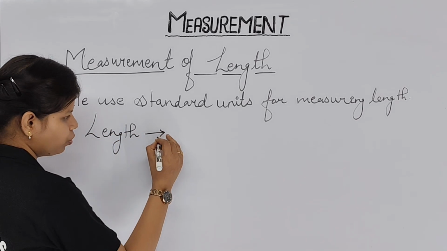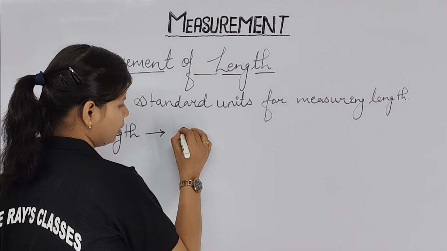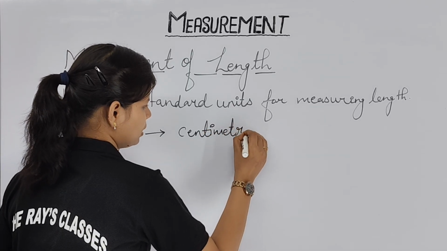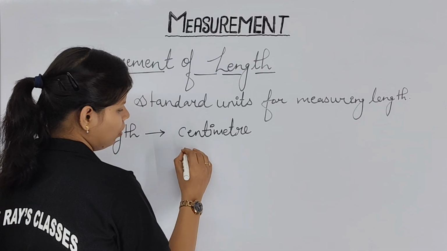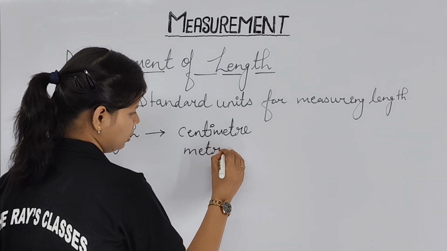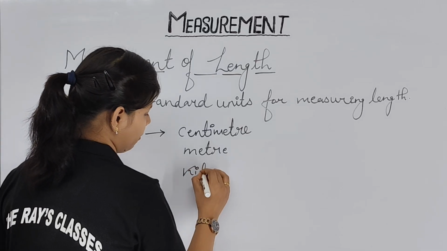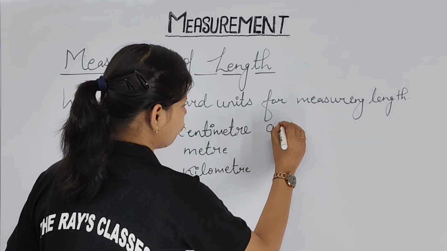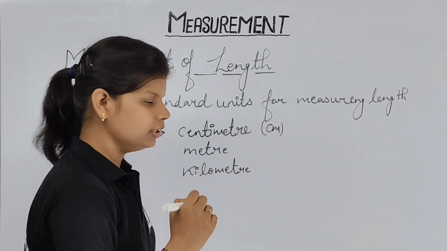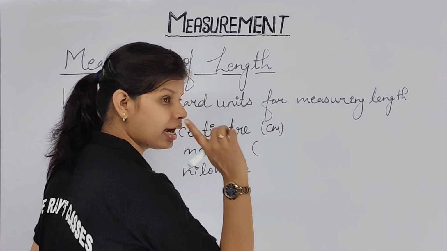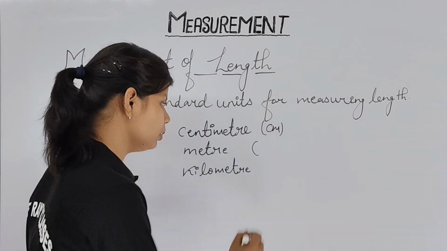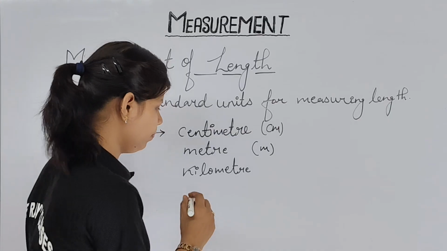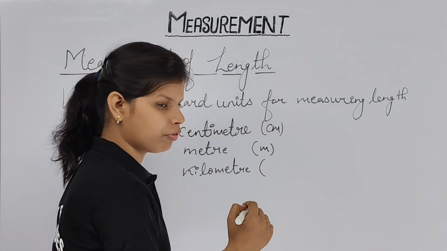Basically, length you are going to use with, you can write the short form. First I am going to start from centimeter. These all are your standard units. Second is your meter. And third is your kilometer. Centimeter can be written in short form as cm. Clear? Meter can be written in short form as, please give your valuable answers in the comment section. Meter will be written as m. Clear, no? And kilometer can be represented in short form as